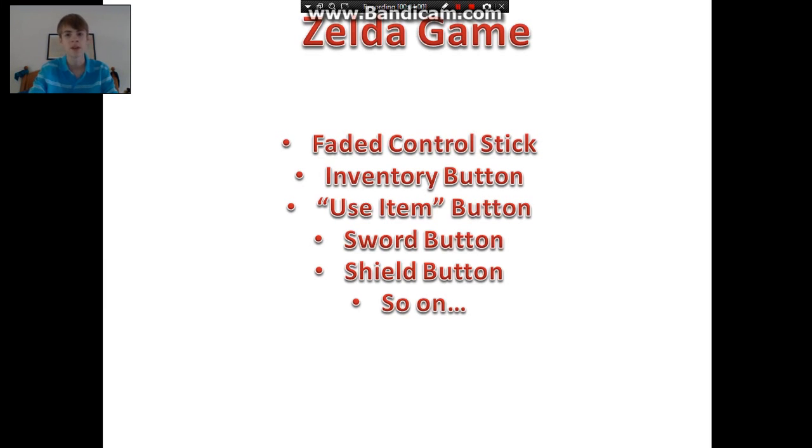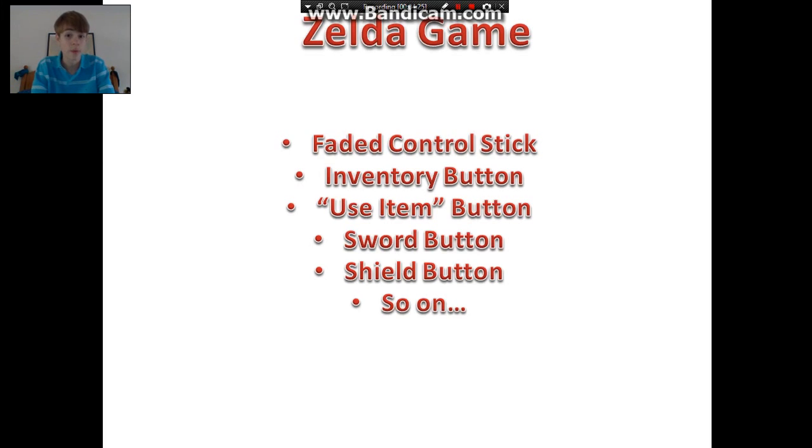but like I said a couple slides ago, make it as small as possible, but as big as possible. Meaning, make the game not take up too much memory, but as long as possible. Not too long, of course. But, of course, use a faded control stick for 3D controls, for better 3D controls. Maybe to simplify it down a little bit,